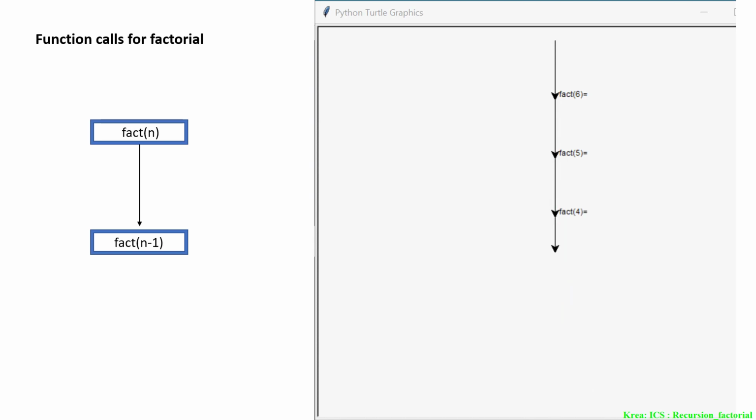So what happens is, let's say we call the function on argument 6. Now it doesn't know the solution yet, so it has to call factorial of 5, which in turn will call factorial 4, 3, 2 and so on, till it encounters 1, in which case the function knows what the output is, and that output is 1. So factorial of 2 will become equal to 2 times 1, and then so on. It will keep on returning these values one by one to the function which called it, and factorial of 6 will eventually get computed, as you can see in the animation.